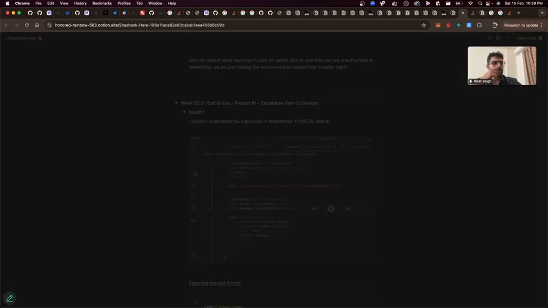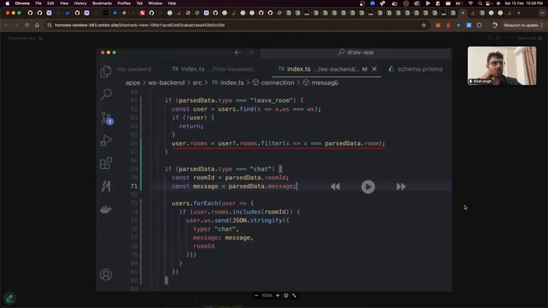Could not understand this logic. Let's see. Yeah, so if I'm trying to send a chat, this is the room ID that I'm trying to send it to, and this is the message that I'm trying to send. For all the users that are currently connected to the server, if that user's rooms array contains this room ID,